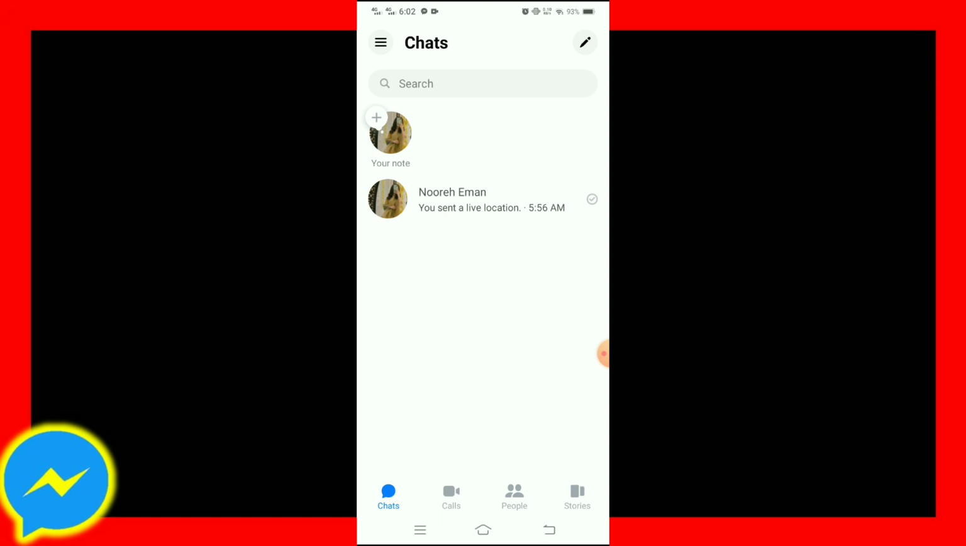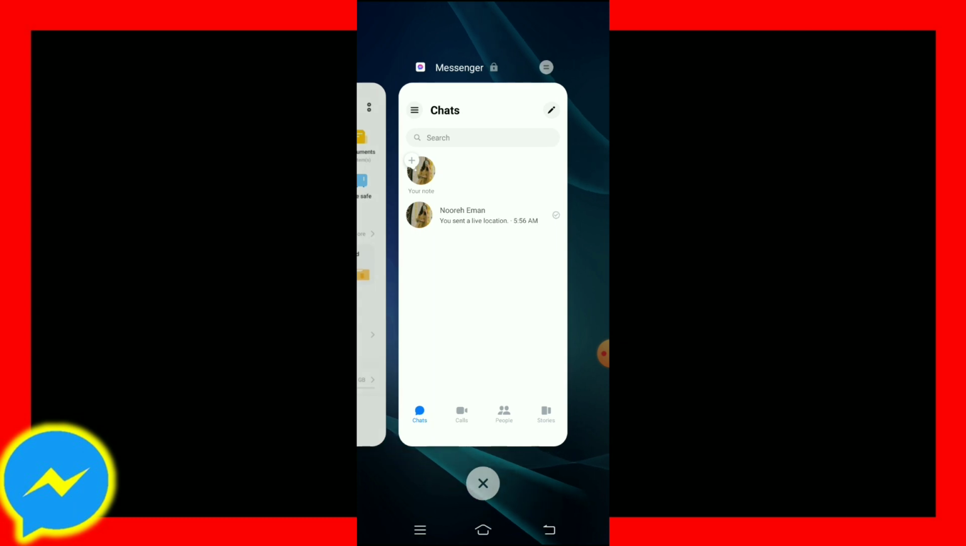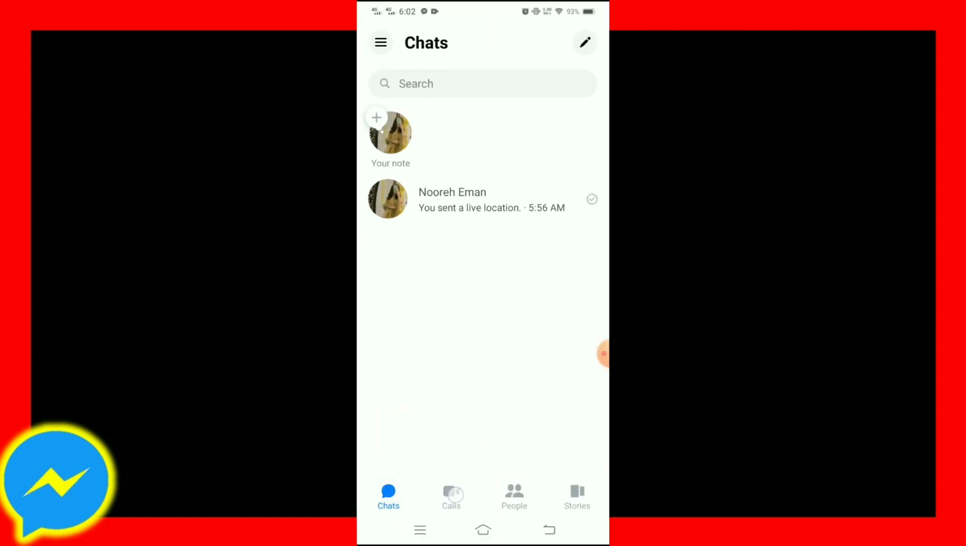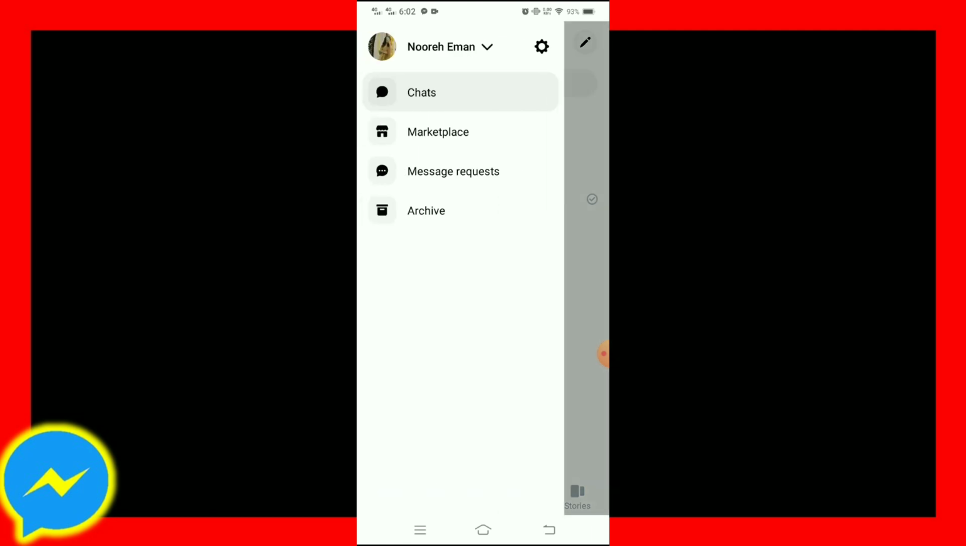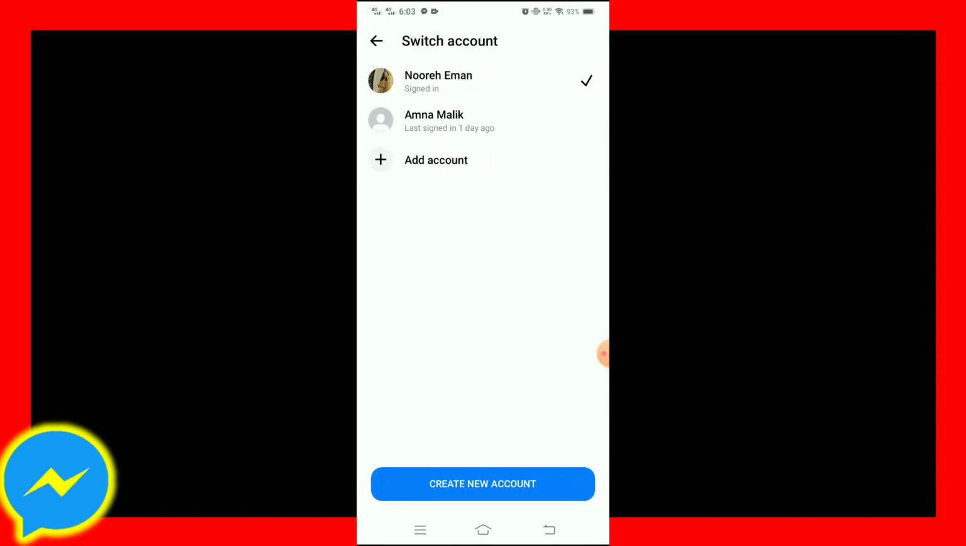You can see on the desktop of Facebook Messenger different options like chats here, calls here, people, and the stories. Now I am going to remove an account. Click on the three lines which appear at the top left corner. Then click on the profile here, and you can see